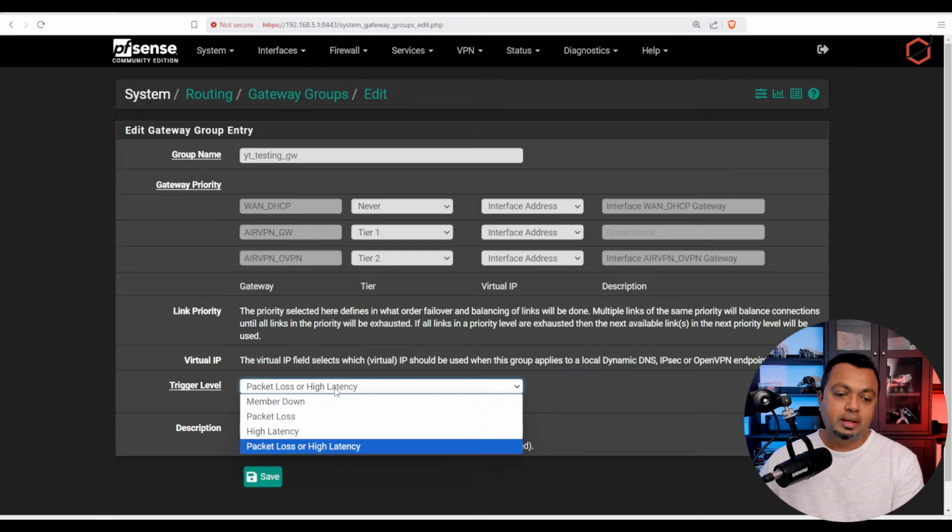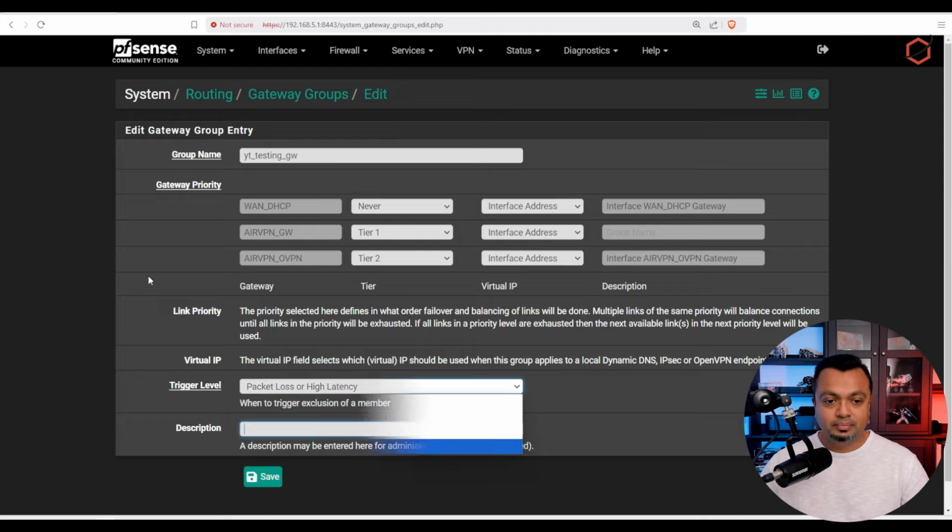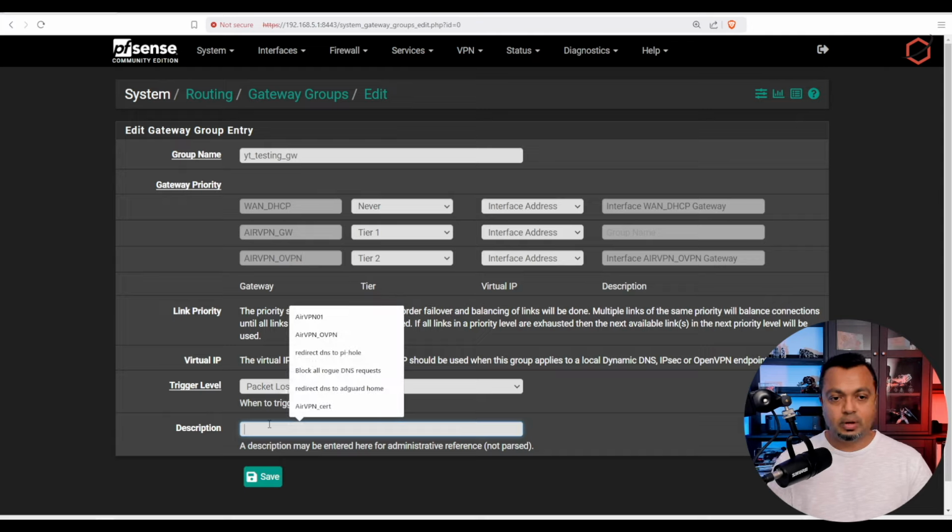Of course, you can do the other ones as well. You can choose the member down, packet loss, or high latency alone. I prefer to have that combination in there. Okay, and now that we've determined which one of those WAN connections is tier 1 and which one is tier